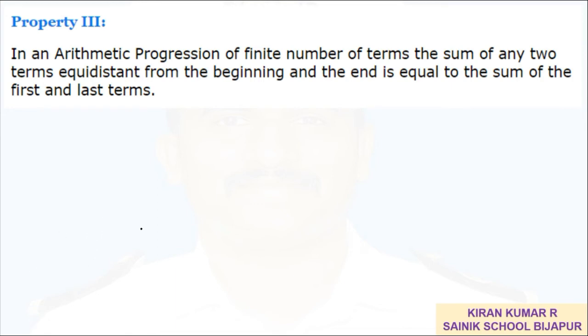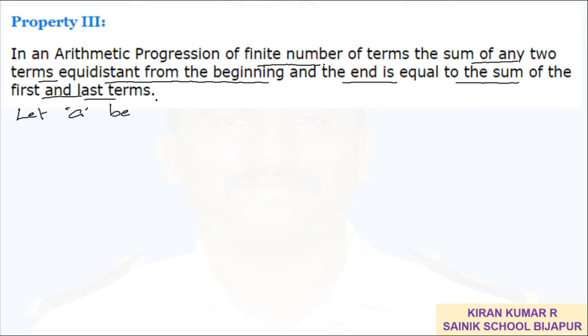In an arithmetic progression of finite numbers, the sum of any two terms equidistant from the beginning and at the end is equal to the sum of the first and the last terms. Let me consider